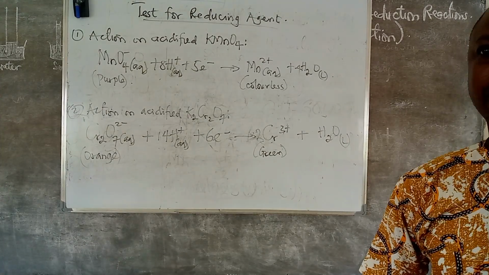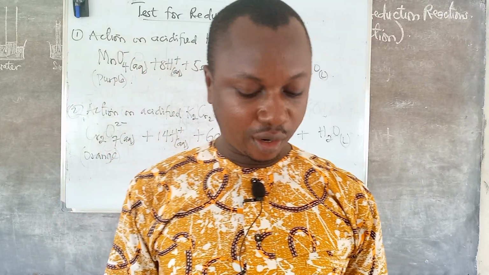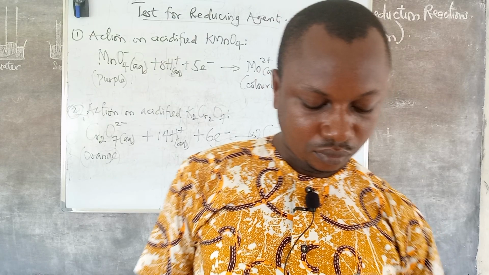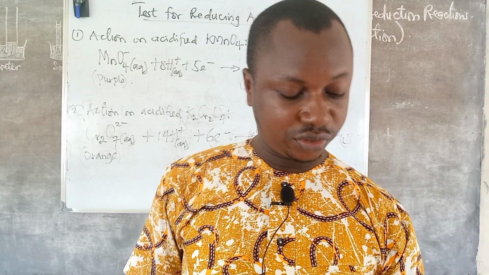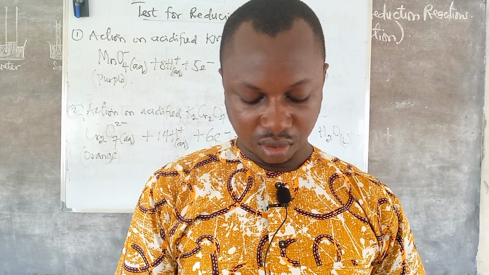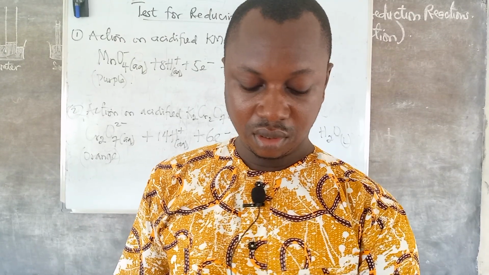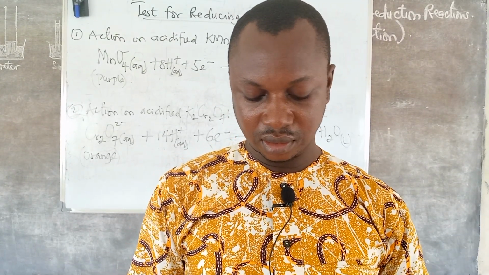The first one, potassium tetraoxomanganate(VII), is purple in color. So we are going to see the color of that potassium tetraoxomanganate(VII), and once it changes to colorless,